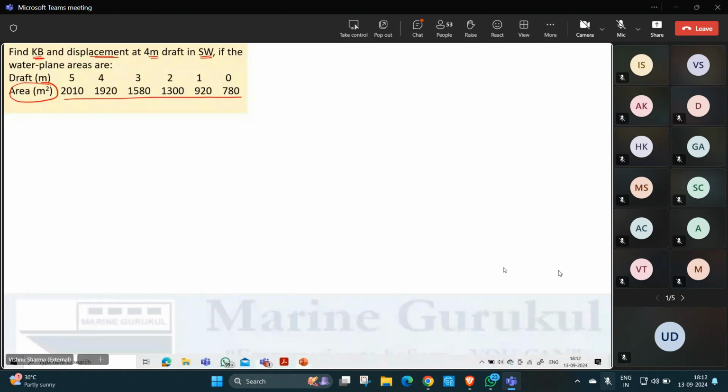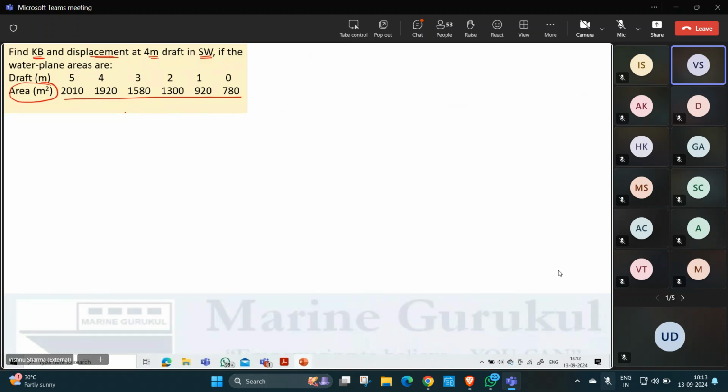Now, guys, water plane area is a two-dimensional thing. It's an area, and I have to show multiple areas. I can't show that in a two-dimensional diagram. Okay. Now you tell me, if I make a diagram here,